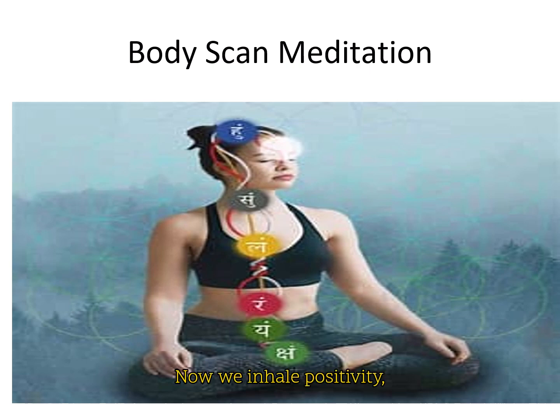Now we inhale positivity, creativity, peace, health, spiritual awareness, and love. And as we breathe in these things, they go across our brain, down our neck, into